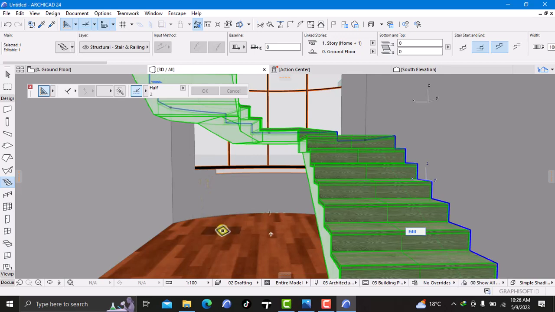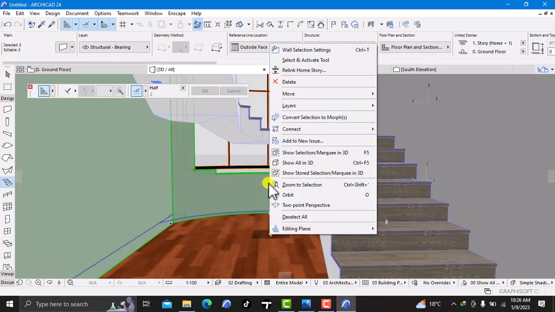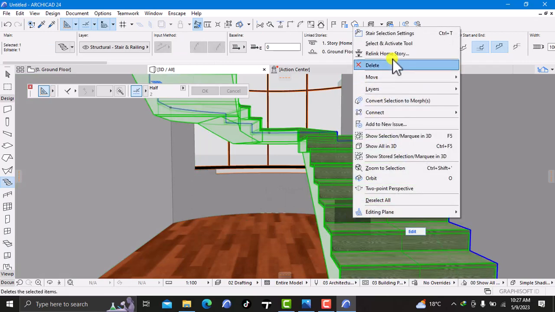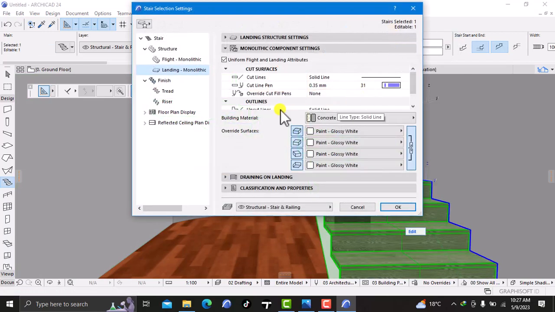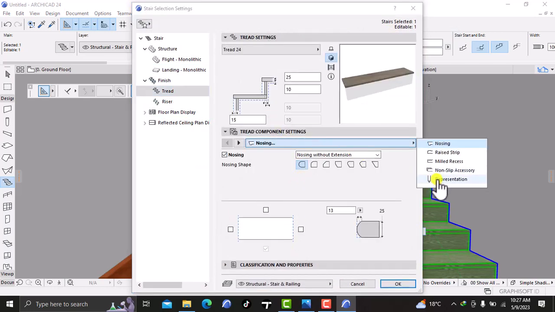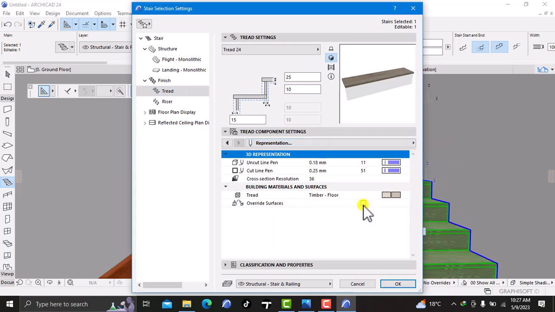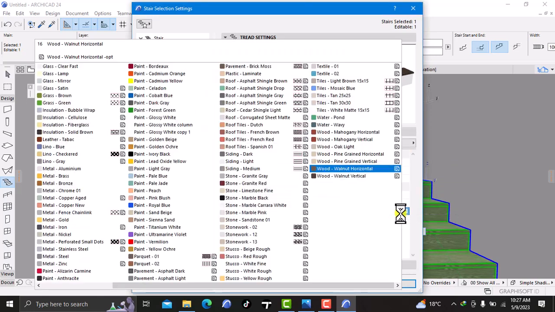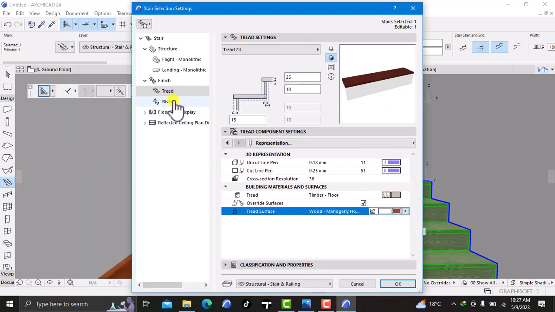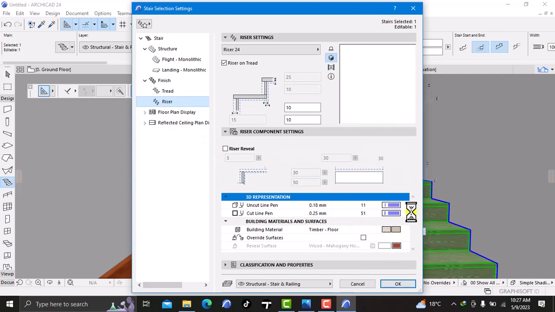So yeah, that's what I have. The next thing that I need to adjust, let's escape this, go back to stair selection setting, and basically adjust the tread. We'll go to the representation, override this surface, and basically use anything mahogany. Yeah, so basically when doing the varnish that can be used for this staircase,